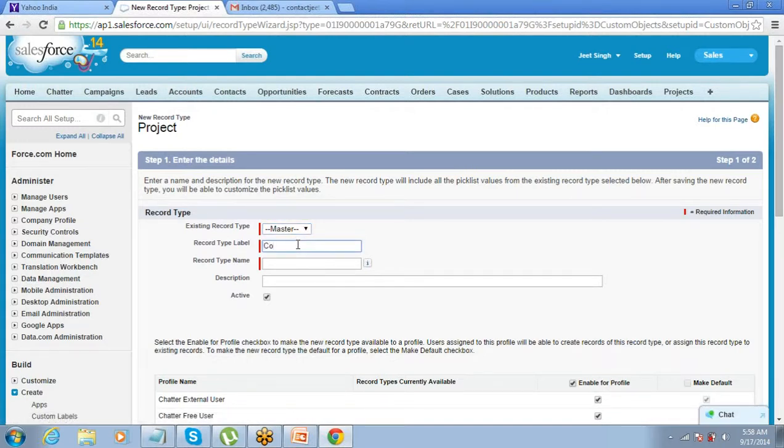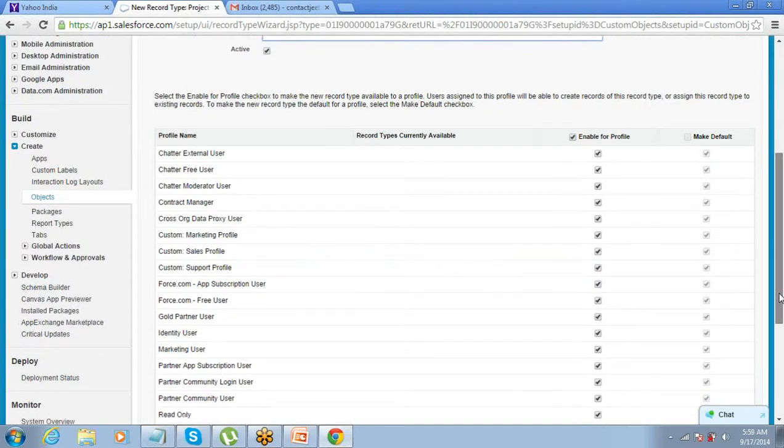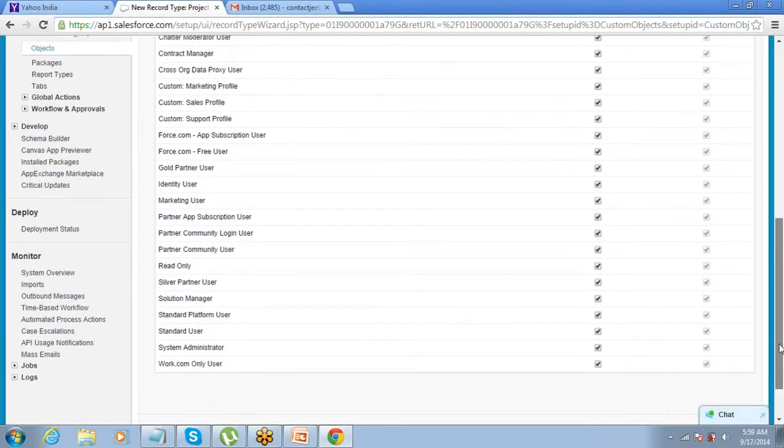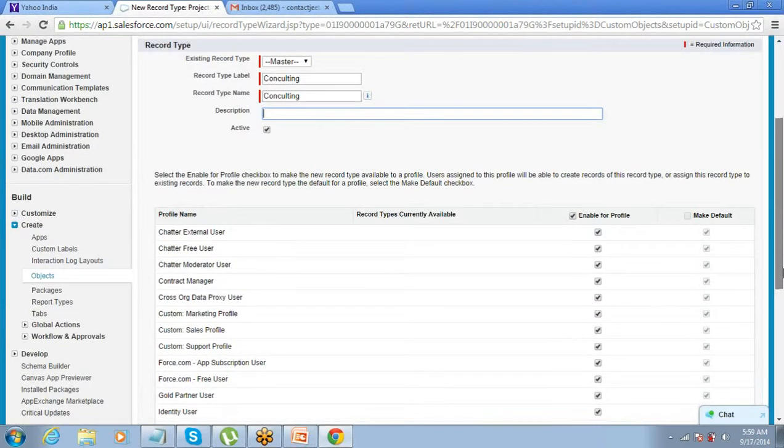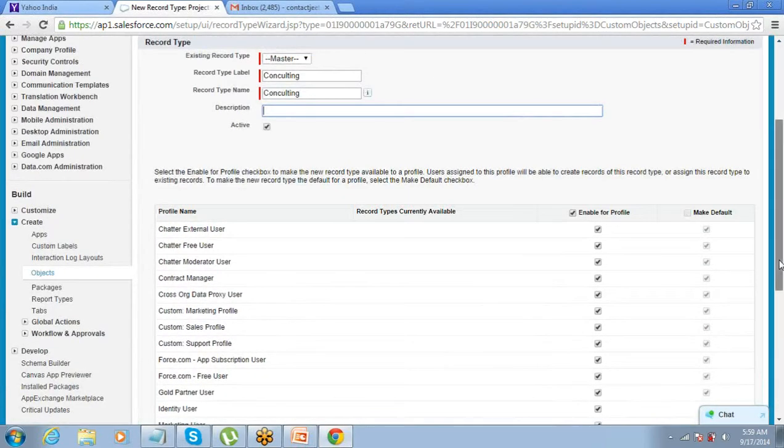So my first record type is consulting. Which profiles will get to see this record type? I make it visible for all the profiles at this point of time.